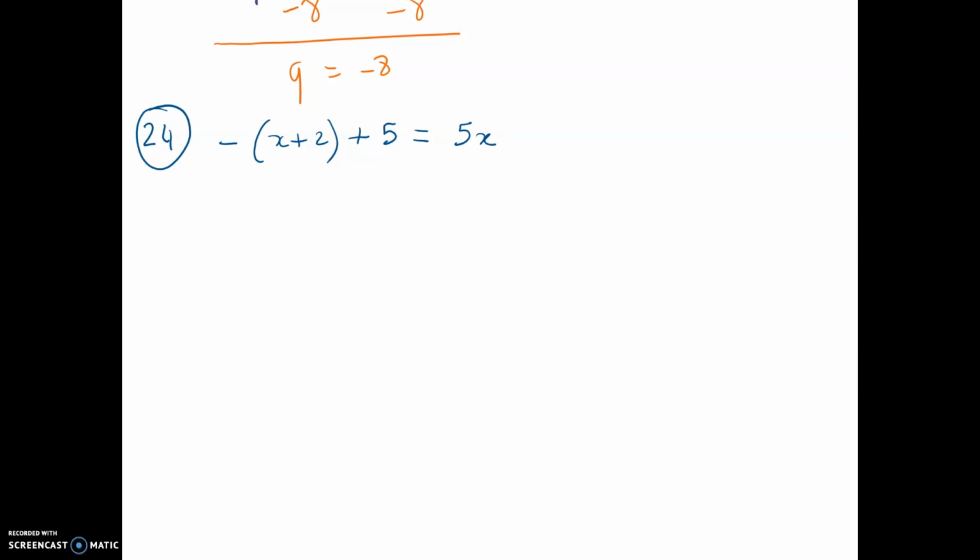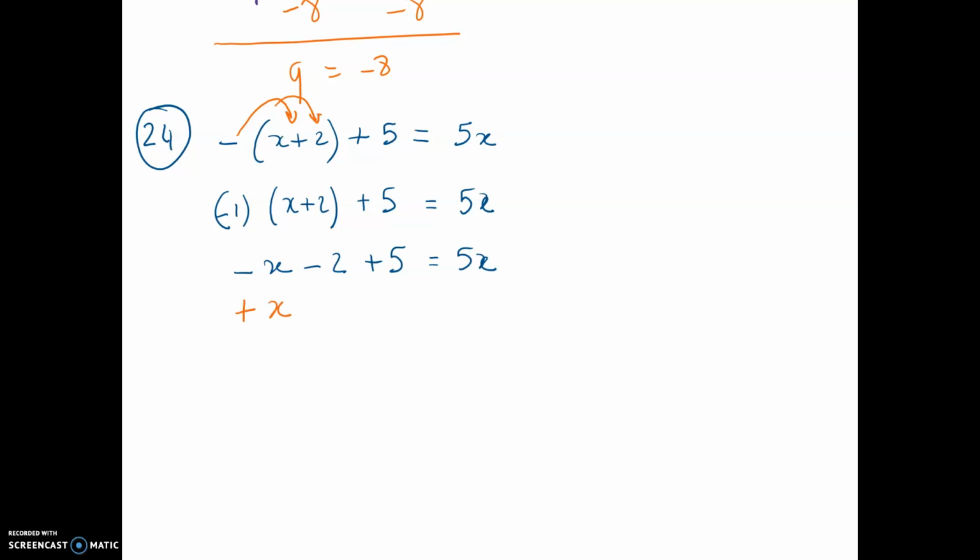So the first thing I must do is get rid of the parentheses by distributing my negative 1 to my parentheses, because I would like to remind you that what do we have right here? It's a negative 1 multiplied by (x plus 2) plus 5 equal 5x. When I distribute my negative 1, I end up to have negative x minus 2 plus 5 equal 5x. Now, it is pretty easy that if you want to have all the x on one side, maybe you want to add x,